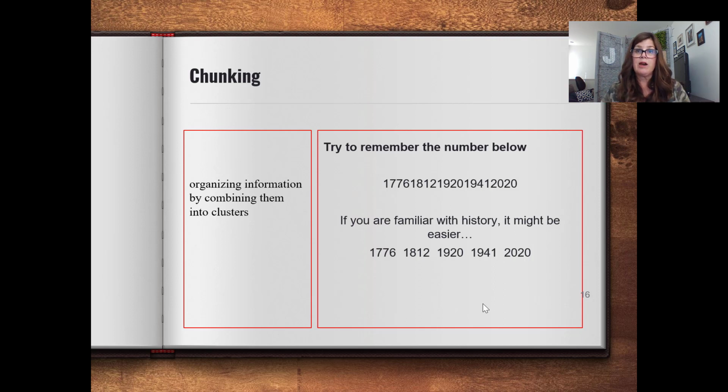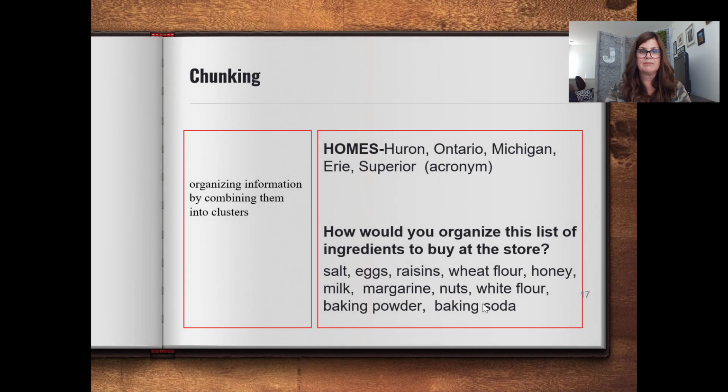Think of remembering phone numbers, and think about how we say things like our social security number and our driver's license number. It's much easier to do things in smaller clusters of information. Another example of chunking is when we use things like acronyms. So the Great Lakes,